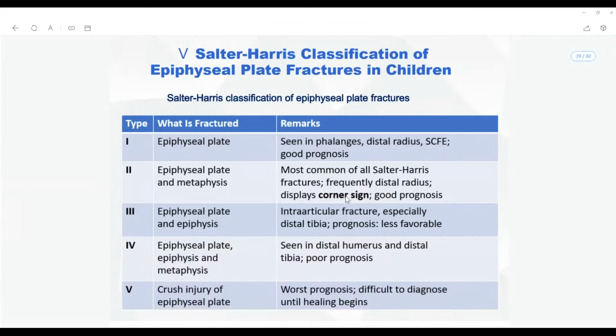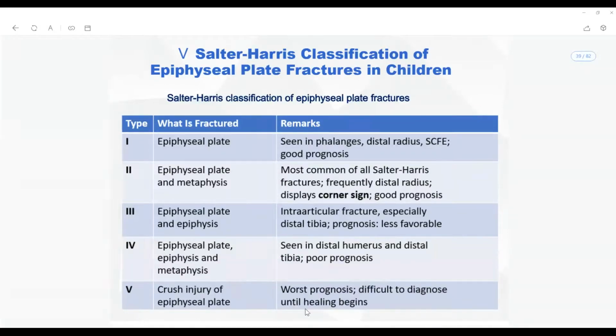Type 3 is the intra-articular fracture, which has a less favorable prognosis, as it involves the epiphysis. Type 4 involves three parts: epiphyseal plate, epiphysis, and metaphysis, and they have a poor prognosis. Type 5 is the crush injury of the epiphyseal plate, which has the worst prognosis of all,